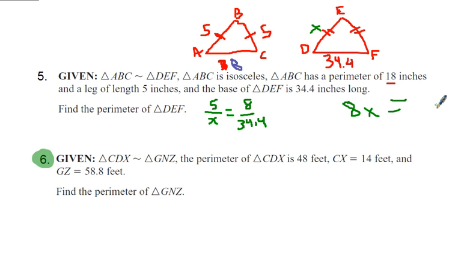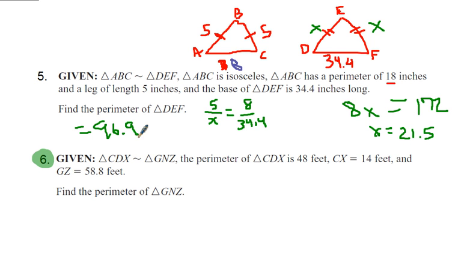You will get that it equals 172. And then when you divide by 8 to solve for x, you would get x equals 21.5. So if this is 21.5, that means this is also 21.5. So when you add all three of these sides up and find the perimeter of this triangle, you would get a final answer of the perimeter having to equal